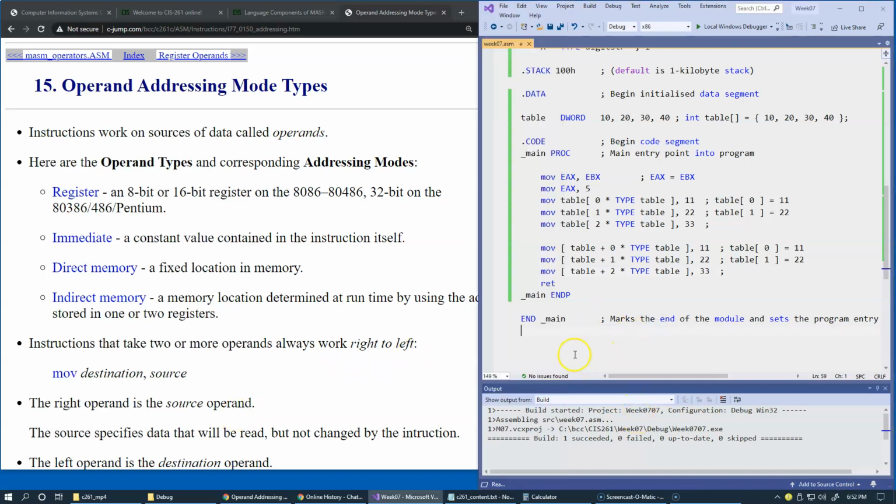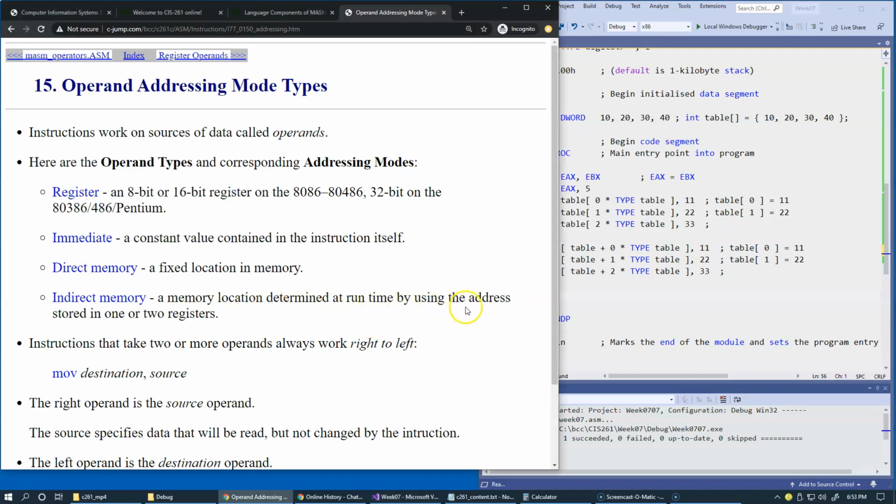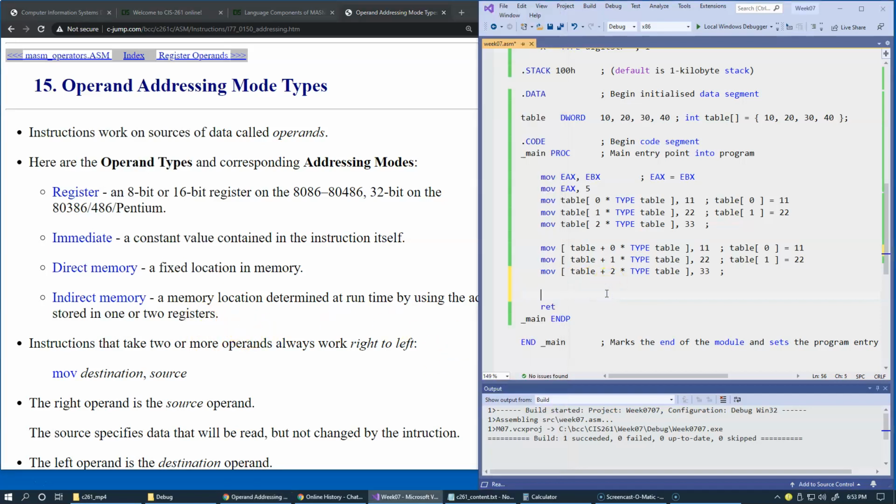So let's take this first line example and attempt to do this a little bit different in preparation for our discussion of indirect memory address, where memory location is determined at runtime by using the address stored in one or two registers. Okay, so let's use a register. We have a register, so let's again use EAX or EBX. So let's say move into register EBX,